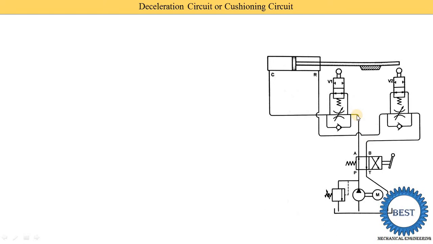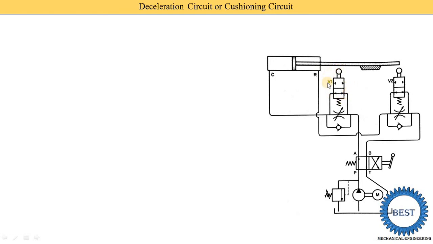Now in the deceleration valve, what are the various components? The deceleration valve is one of the flow control valves. Here you see this part is called the flow control valve symbol, and this arrow indicates variable speed. This is the symbol of a check valve. And the flow control valve means how we control the flow rate. So the flow control valve is turned on or off by using these deceleration valves.